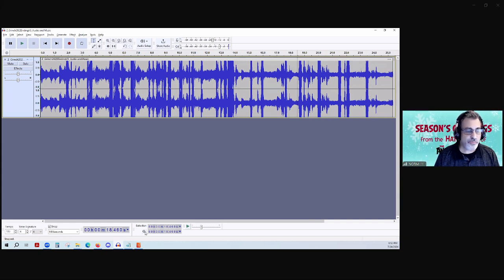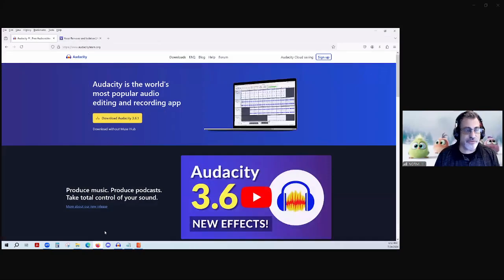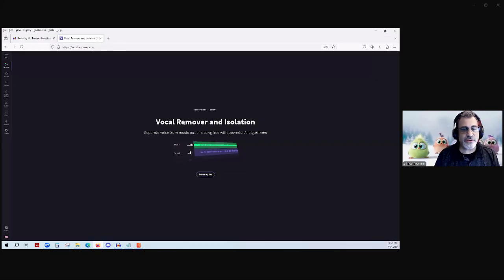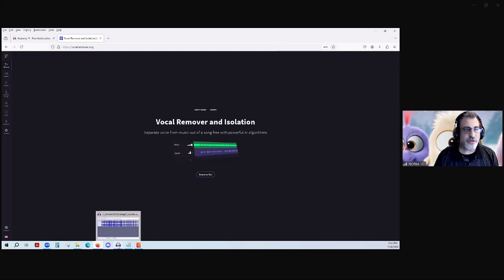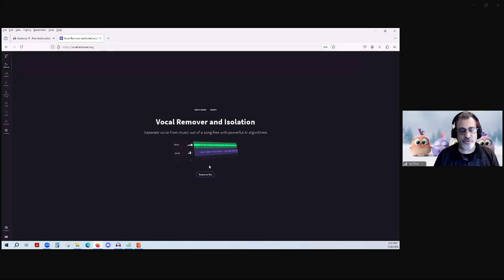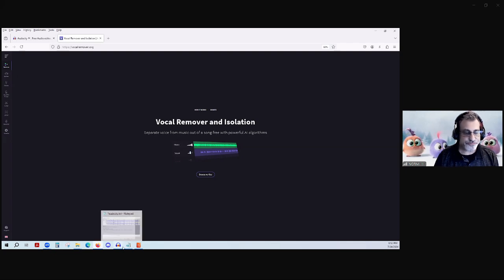So there's a tool out there, if you're so inclined, it's called Vocal Remover and Isolation, where you can actually take an audio file, it'll allow you to split it out. It does a pretty good job. I've used it, and I'll show you an example of that here in a moment. So it's vocalremover.org, and you can get like 1 or 2 times, and then you have to pay for it. But you can usually get several options out of there, and it works pretty good, and I'll give you an example there.